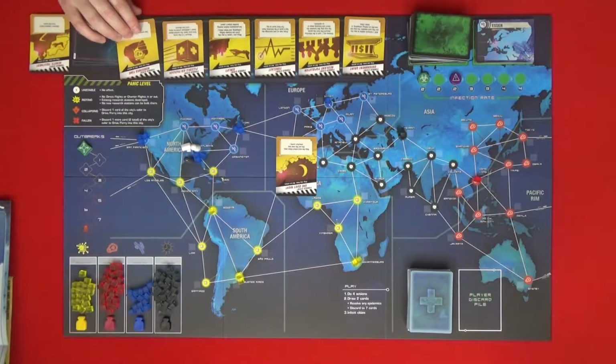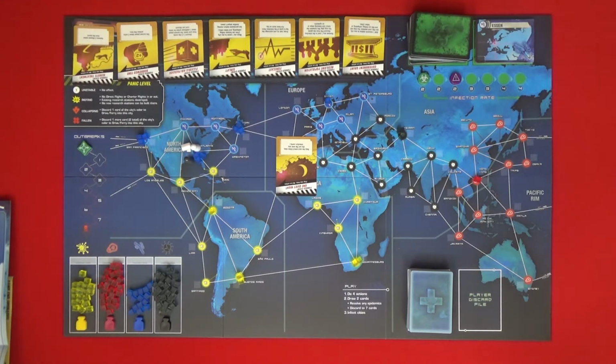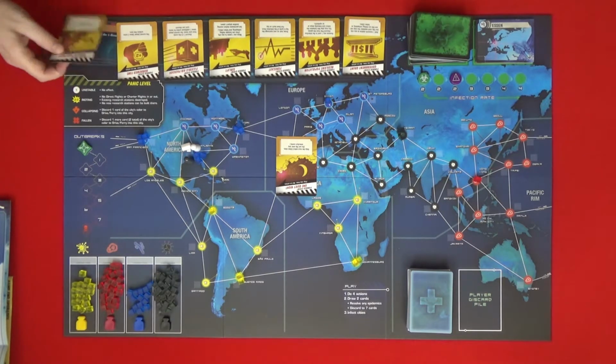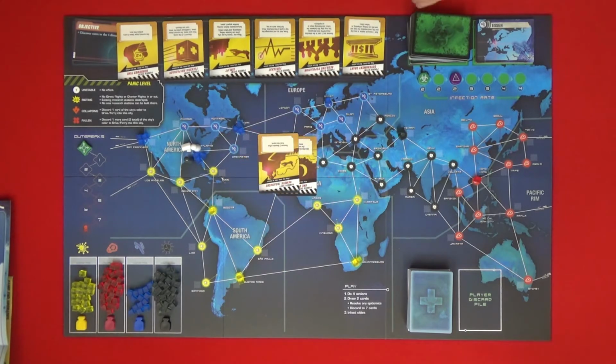So when I say near the end, when you get like 3 or 4 reds or something like that you don't need, it's already cured. Borrowed time. The current player takes 2 extra actions this turn. That's good. Yeah, let me see the other one. Remove 2 disease cubes from the board. Oh, that's good as well. I think we should go for forecast. I agree with you on remote treatment. Forecast is good, but it gives us...